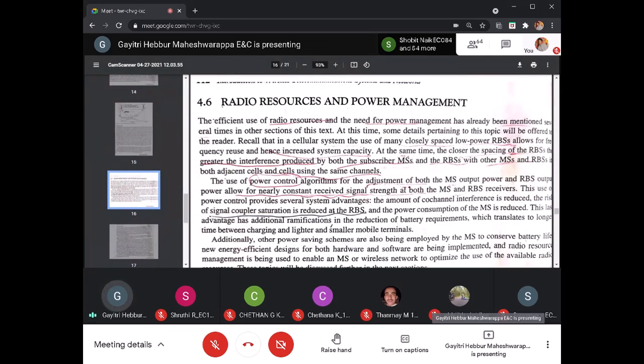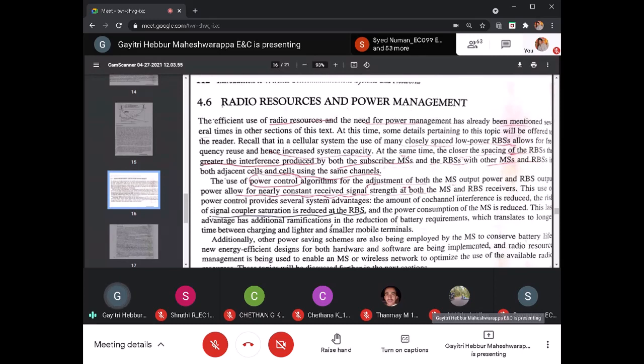So wherever it is, for example, from MS to BTS, if the power which is sufficient is around 10 dB, whether it is a 1 kilometer range or 5 kilometer range, it has to receive only 10 dB power from the MS. If it is too far away, you should not receive more power. If it is receiving 30 dB from the MS or less, then the SI ratio will be reduced, right? Or if it is nearby and more power is received, instead of 10 dB, say 50 dB, the output power transmitted from the MS to the BTS will be very high and it may affect the nearby cell.